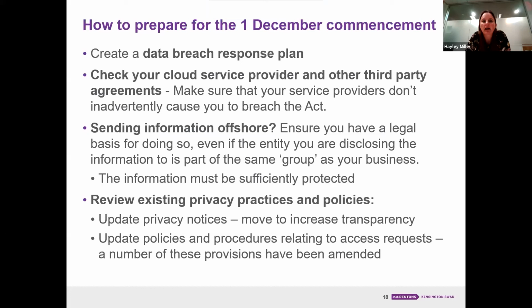First up, I would think about a data breach response plan. As I say, the best ones are ones that actually are usable. You want them to be accessible to staff. You want them to be part of your practice and procedures so that employees are obligated, hopefully through their employment agreements, to actually follow through on them. Again, the time for a data breach response starts from when your business is aware, not from when your CEO is aware.